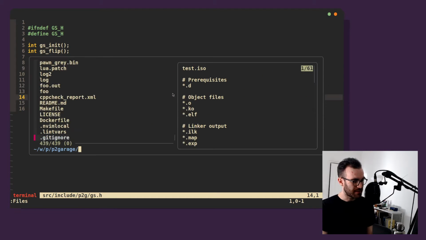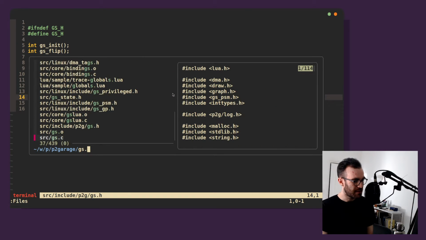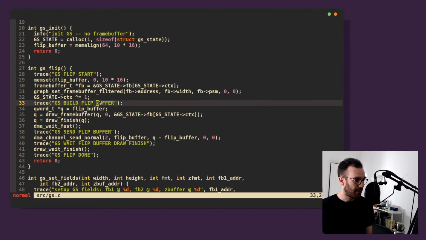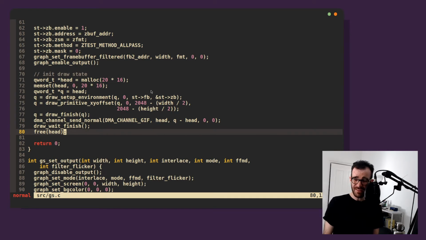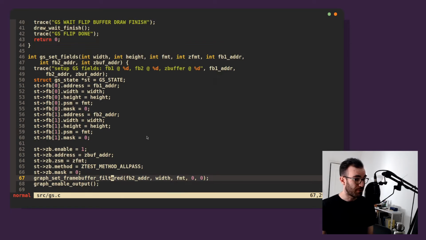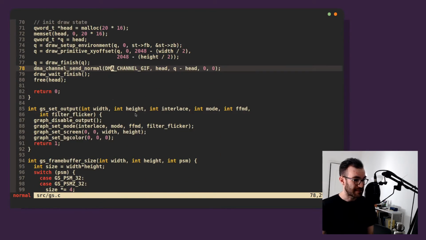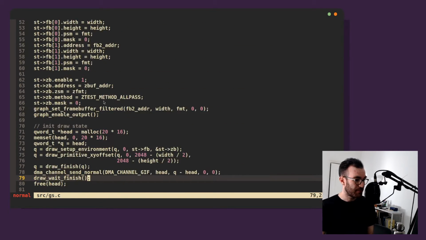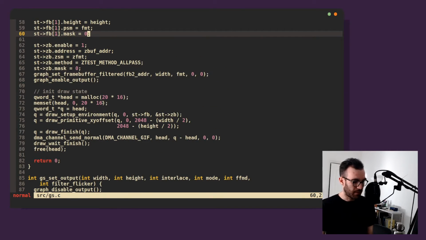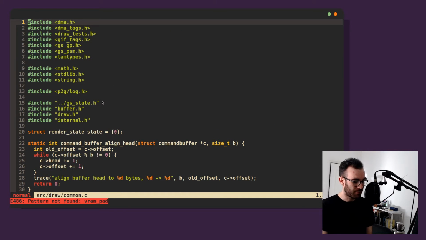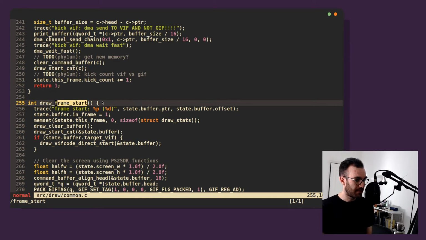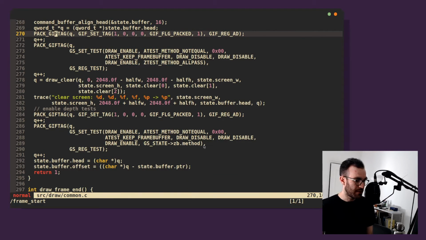So what happens when we set one of these things? If we go into not this gs.c, we can kind of have a look here, right? So every frame we kind of set this up, and I think we're not going to allow changing this mid-frame for now. We're just going to accept that we don't do it mid-frame. I think that kind of works, because every single frame, and this is in draw common, not draw 2D, frame start, every single frame we